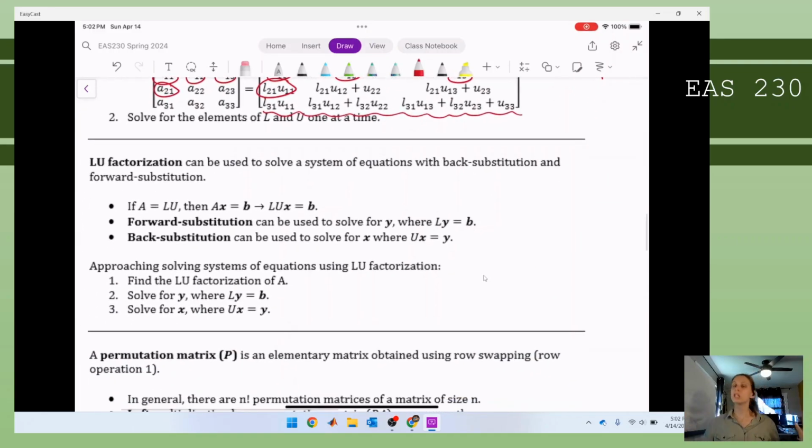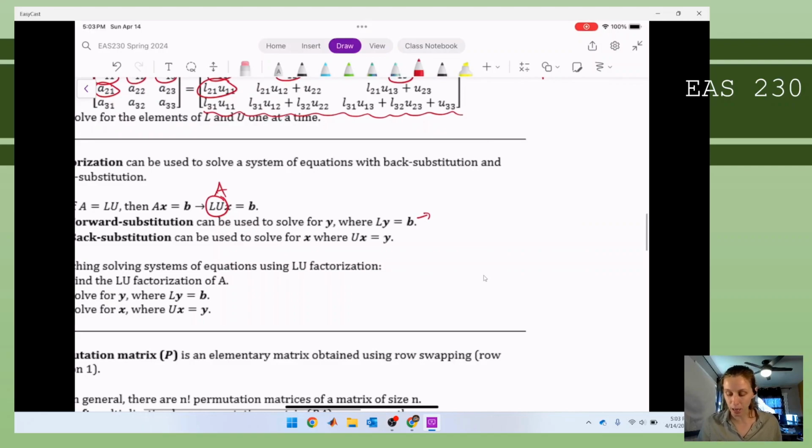Okay, so once we have our LU factorization, once A equals LU, then the whole point of this is to solve systems of equations. So here's what it looks like. If A equals LU, then AX equals B can be broken down into LUX equals B, where this is A. Then what we end up with is 2 mini systems of equations, where LY equals B. So here we have a middle step,